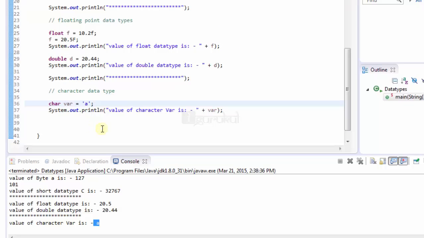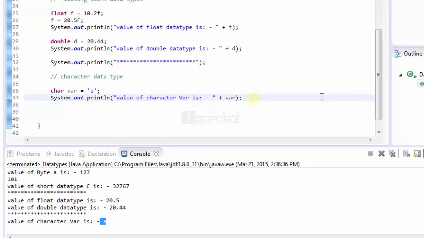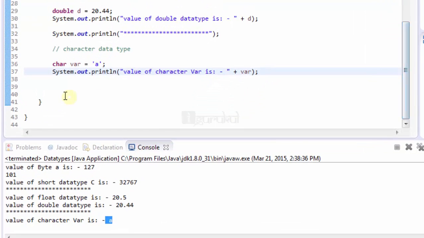So remember, while using character type of variable, you have to use single quote sign to assign a value to that variable. Character has a size of 16-bit. That means it has a huge range of character set within it. And as we know that Java uses Unicode system, so you can have a large collection of character set within character data type.